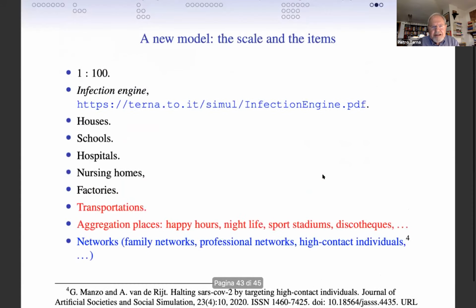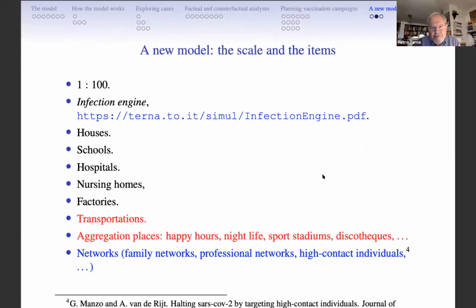And the idea is that of having a 1 to 1000 scale instead of 1 to 100, adopting an infection engine more fine, more detailed in the consideration of the closed spaces, and beside houses, school, hospital, nursing homes, factories, also introducing transportation. This is a bit complicated, but it is possible, aggregation places, and taking account several networks, the family networks, the professional networks, and the network generated by individuals with a high number of contacts, so persons being hubs